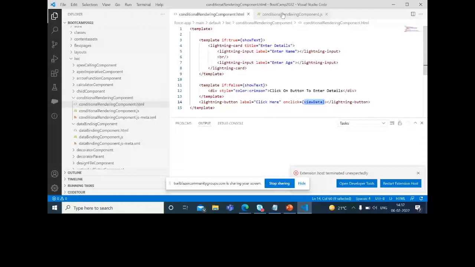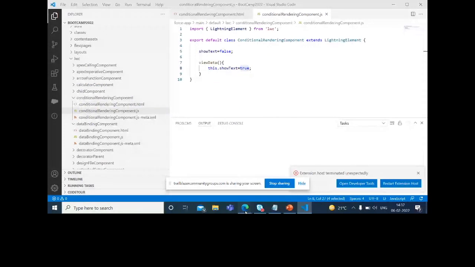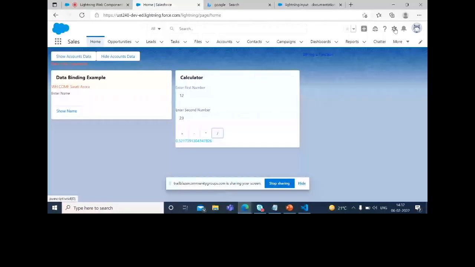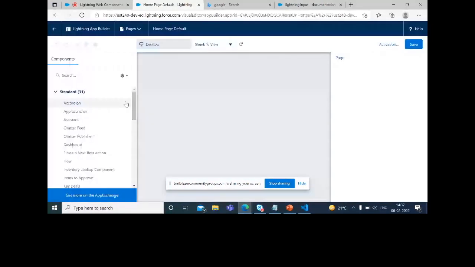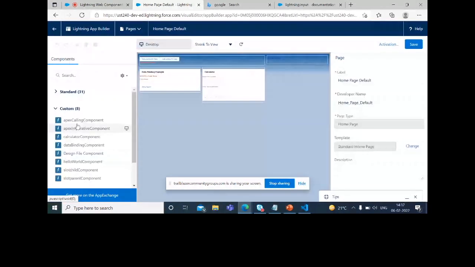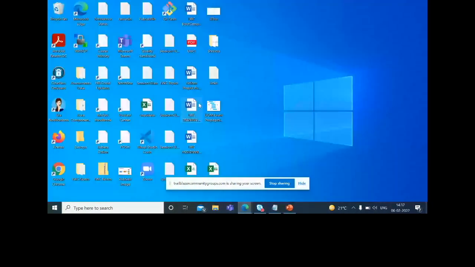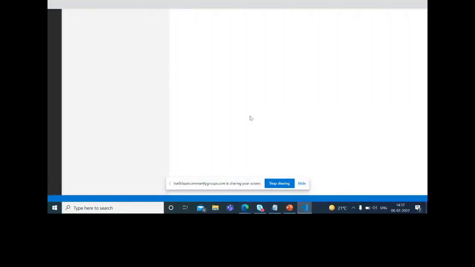To see the output of this component, I have to push it to my org. This is also not available, so let me push this component again to my production org.